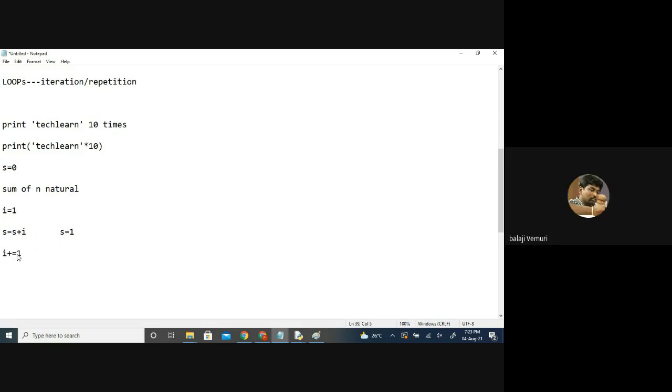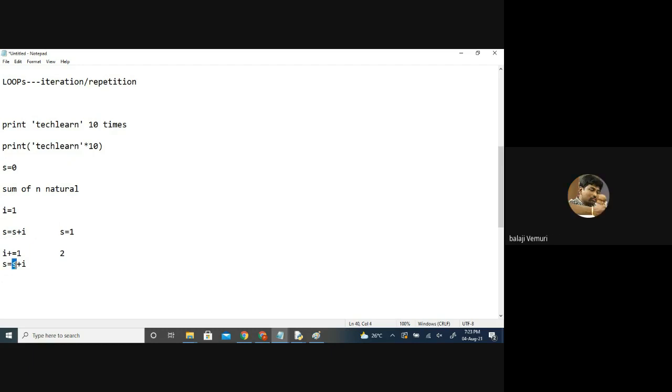So this we got as 2. Now what should I do with this 2? Add it with the current S. S should be added with this new I. And where should I update this whole answer? Again S, it's the same case. We keep on adding from top to bottom. Keep in mind one sum only.